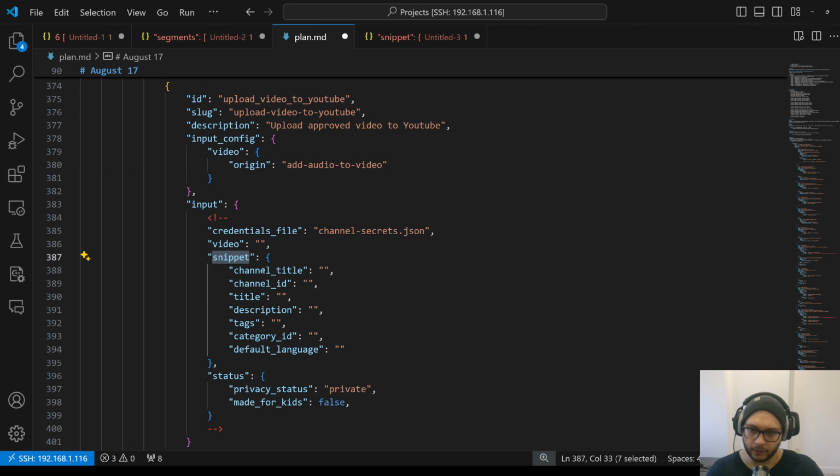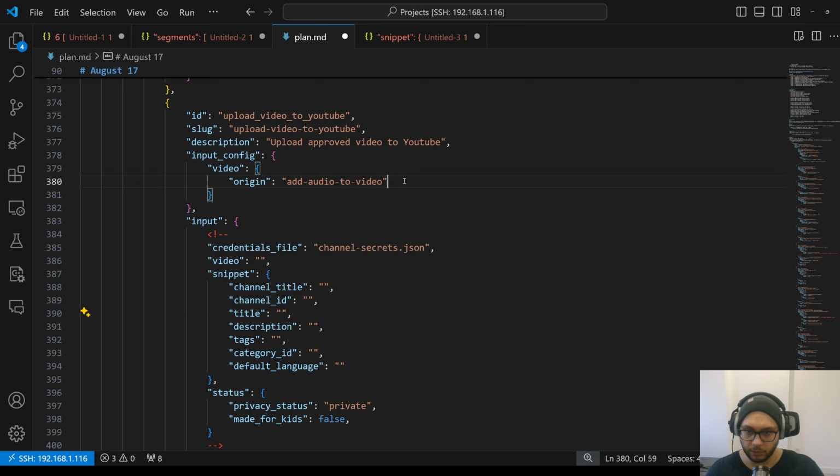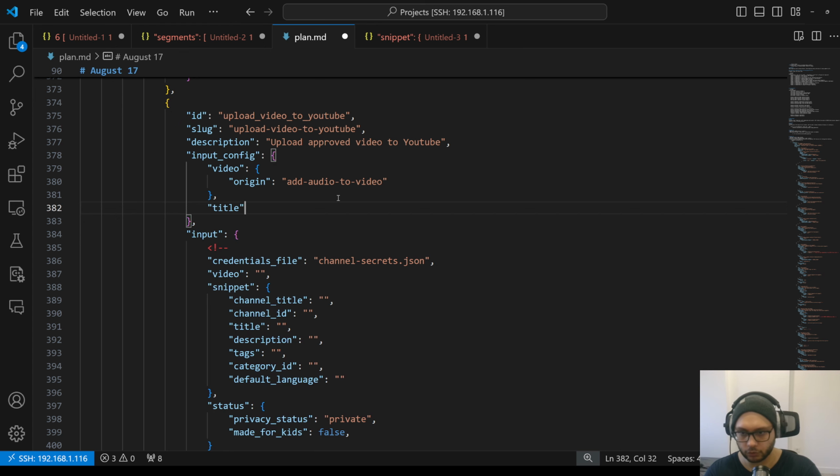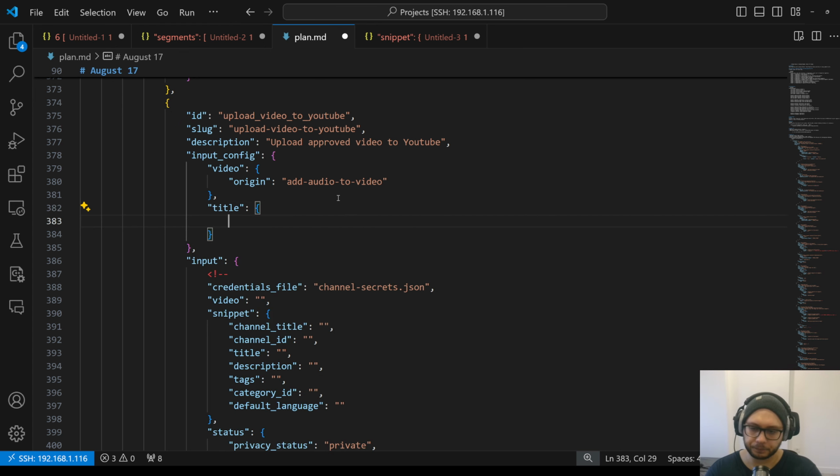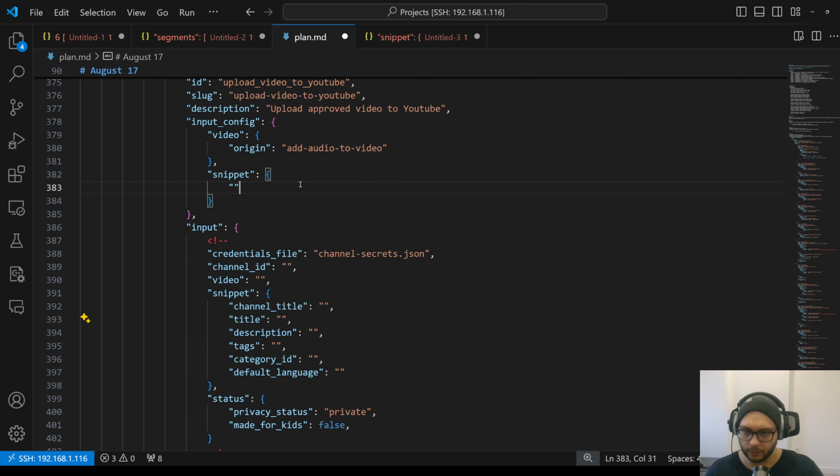Yes, that's all. Snippet, there are some predefined values. Maybe, let's call it title. This video should have a title, but it's important that if I have passed snippet, yeah, this is absolutely different thing. Let's move channel ID to this level, because it will be easier. Channel ID, video, and yeah, that's all. In here I can simply say snippet where it comes from,